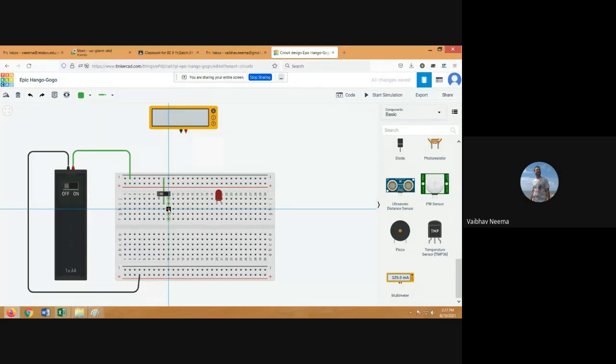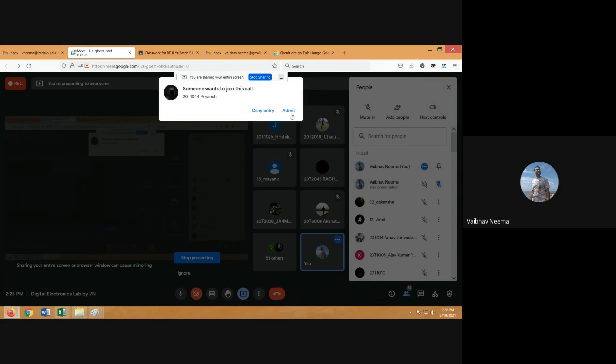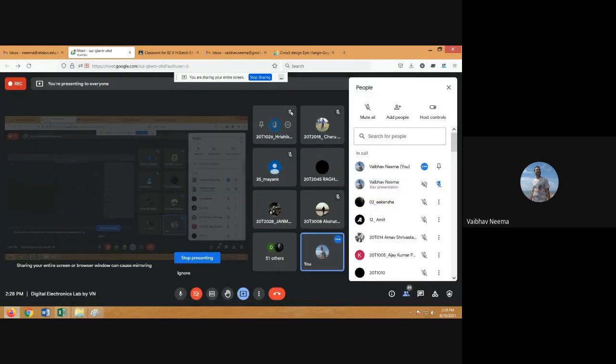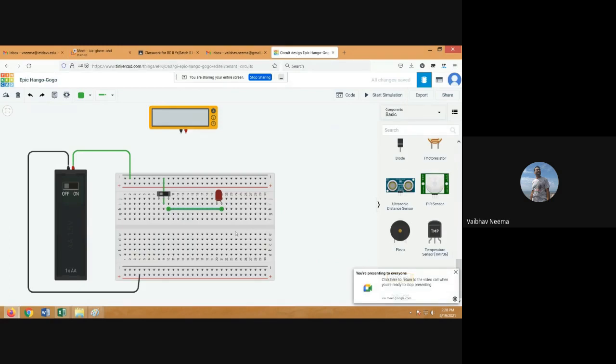Then you connect that with this terminal, the anode of this LED. Then you connect the cathode of this LED to the ground.